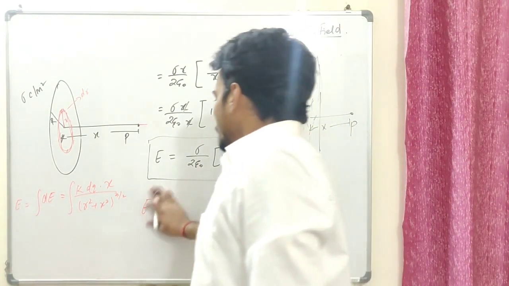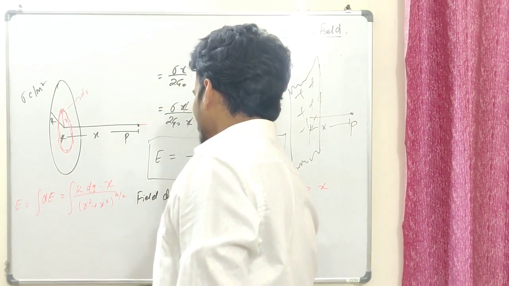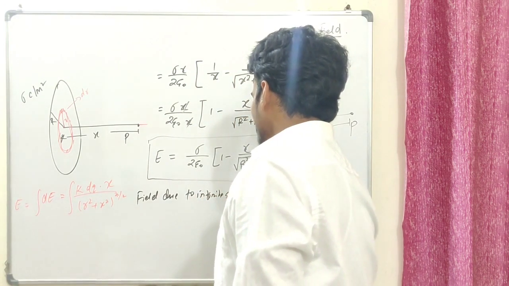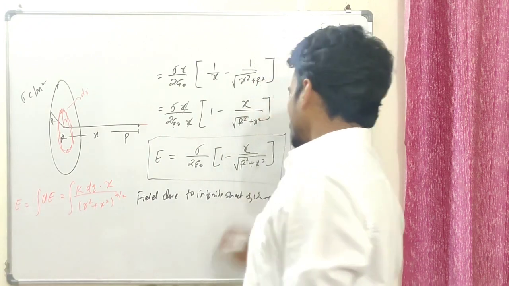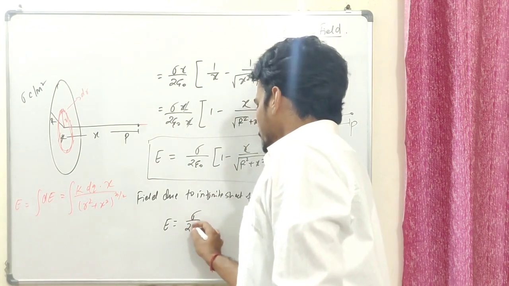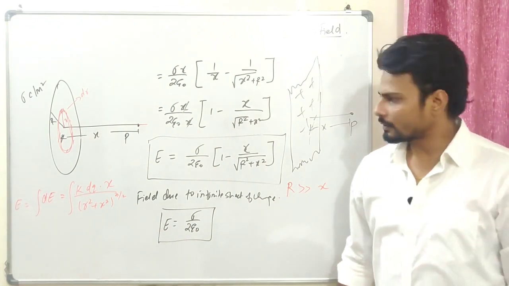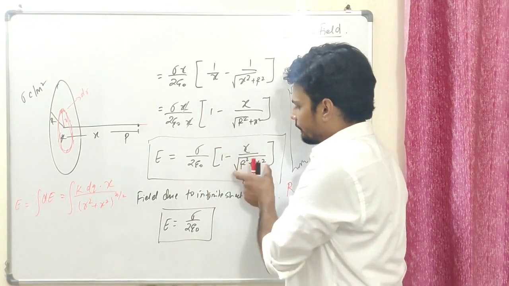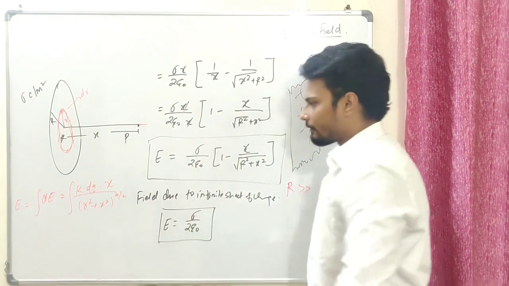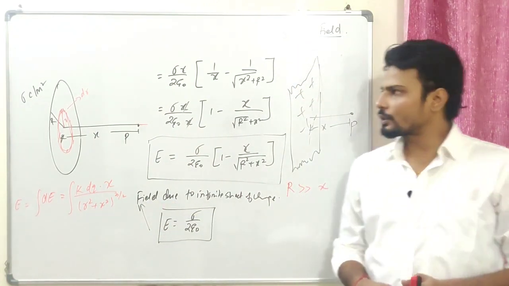So E, now if I talk about the field, you can just write it here, field due to infinite sheet of charge. What happens in that case? The E becomes equal to sigma over 2 epsilon naught. That's it. I'll be using it quite extensively in the case of capacitor. As of now, just understand, because x over infinity becomes 0, 1 minus 0 is 1, sigma over 2 epsilon naught times 1 is going to be this itself. So this is the field due to an infinite sheet of charge. I hope you guys have understood the disk, right?